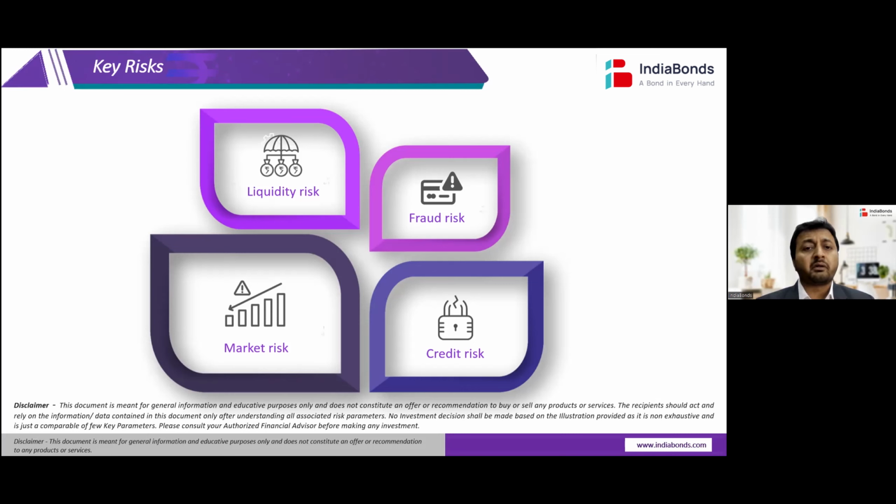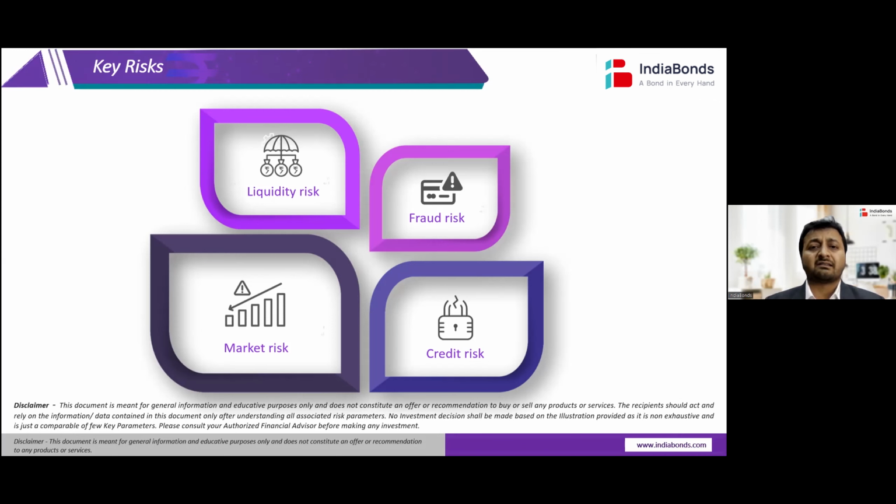Liquidity risk is very simple. Whether एक bond में liquidity है, कल को आपको बेचना रहेगा तो help होगा या नहीं. Fraud risk, जैसे कोई company में अगर कहीं fraud हो गया तो then that risk you will always run. So choose very wisely. Market risks, अगर कल को गवर्नमेंट ने रेट बढ़ा दिए, कल को गवर्नमेंट ने रेट कम कर दिए, तो इस टाइप का मार्केट रिस्क, यील्ड बॉन्ड के प्राइसेस प्लस माइनस हो सकते हैं.